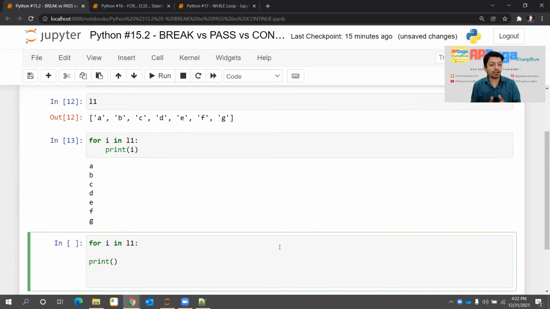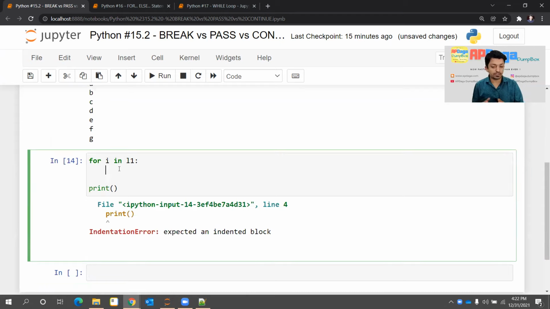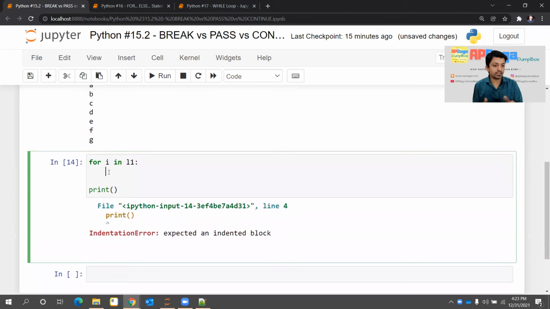But whatever I want to write in the for loop is not yet decided. So if I leave some blank space, whatever line of code I want to write below the for loop is decided, and if I try to do that, you can see I'll get an error. Why? Because the syntax demands that I should write something within this for loop. Okay, that is the syntax, the indentation issue.